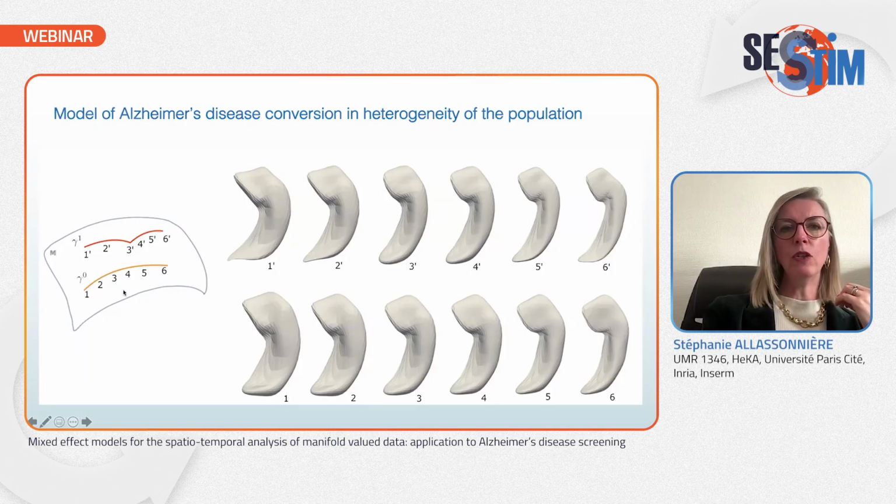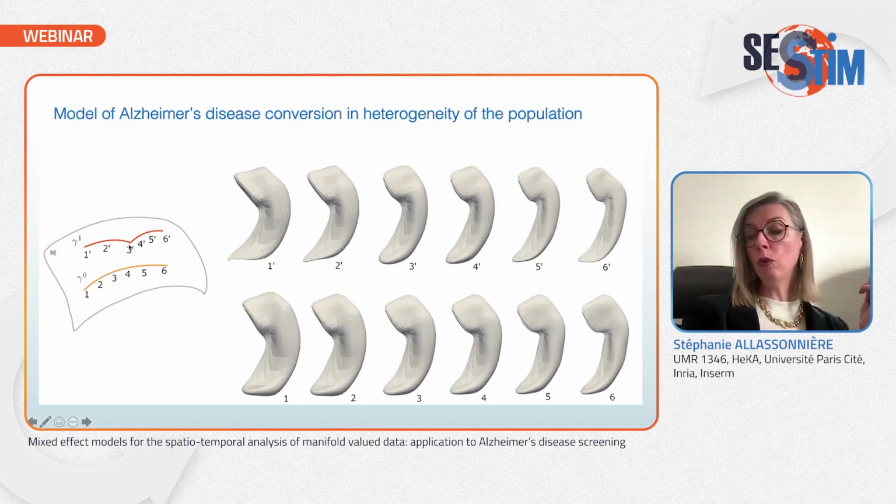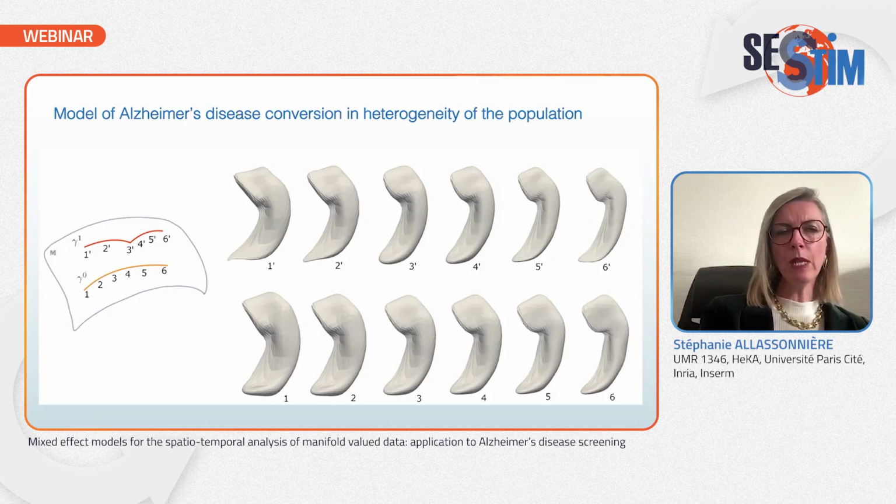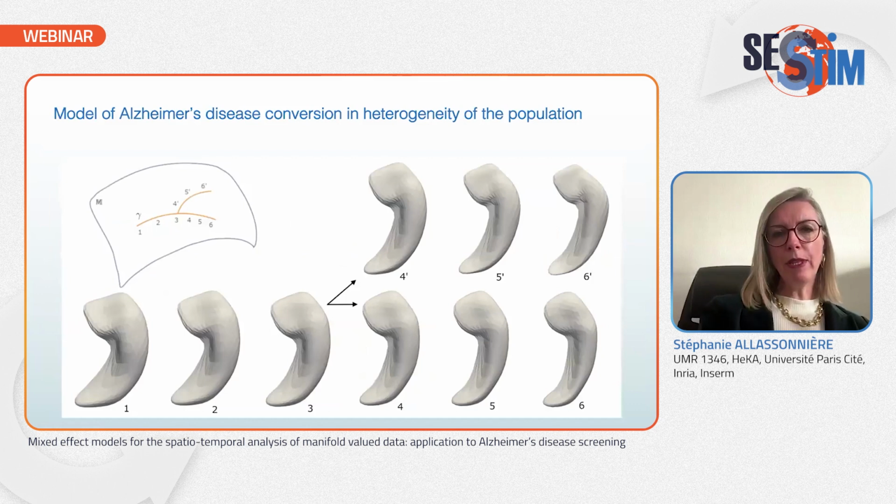So the question was, do we have a population that is rather this way, a single geodesic for the normal aging, and some piecewise geodesic where the time of break here would correspond to some time of diagnosis? Or do we have something rather like this? So you still have a normal aging geodesic, but somehow like a flu that you would catch, the Alzheimer's disease, and have a deviation that will start. So the question was, which one of these two models was the best one?